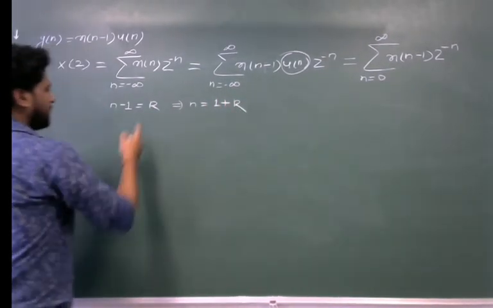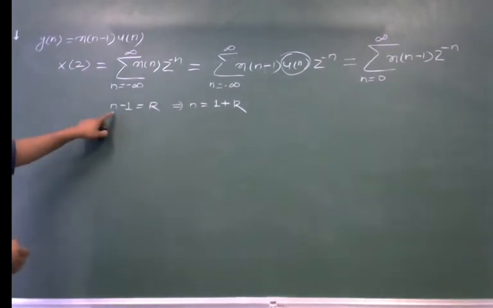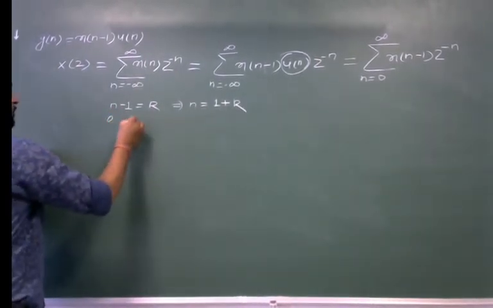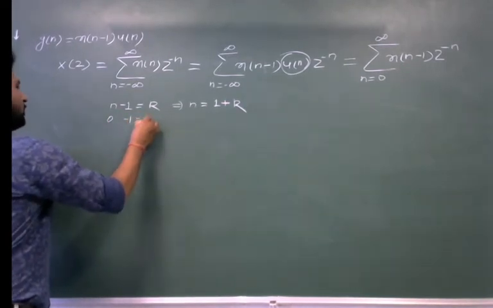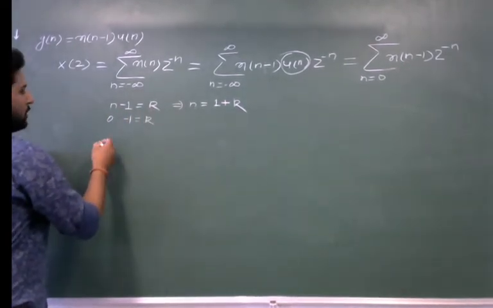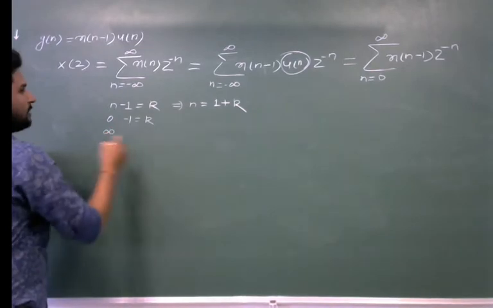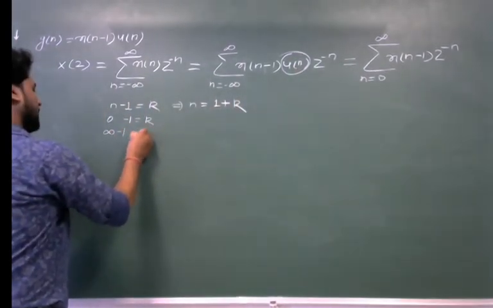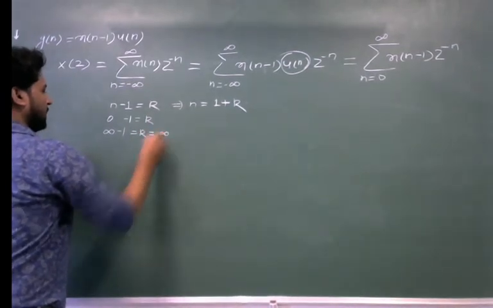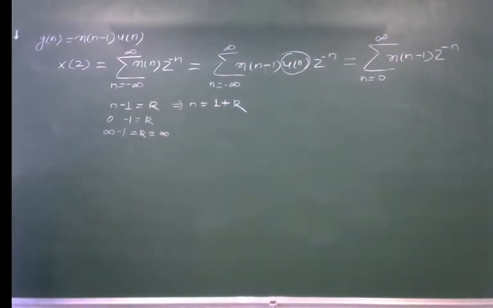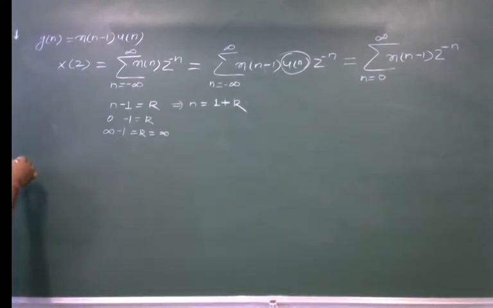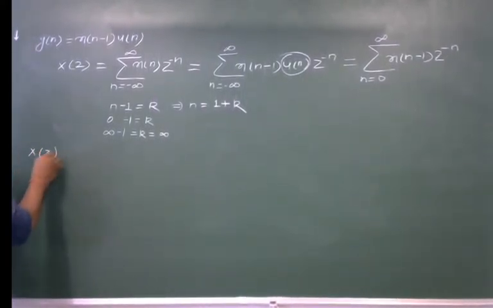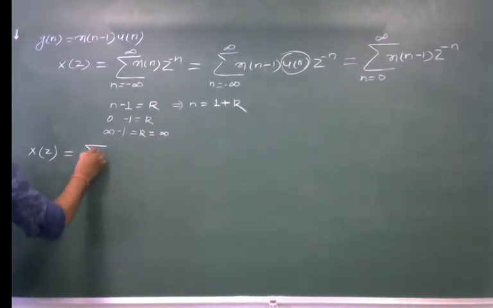When n is equal to 0, k will be equal to minus 1. And when n is equal to plus infinite, k will be equal to infinite. So the limit here will become